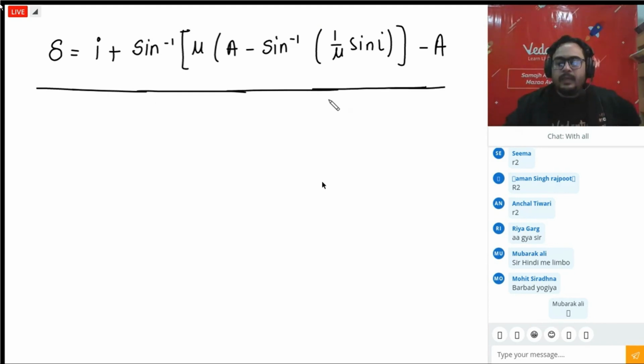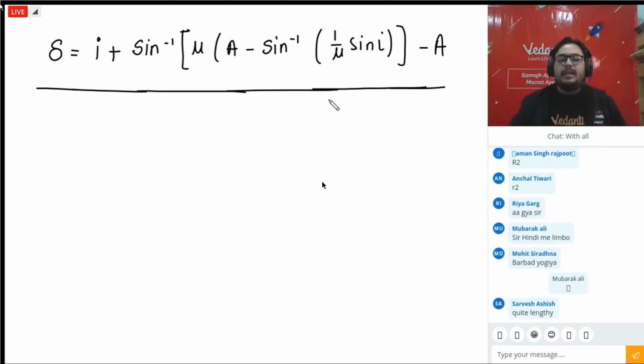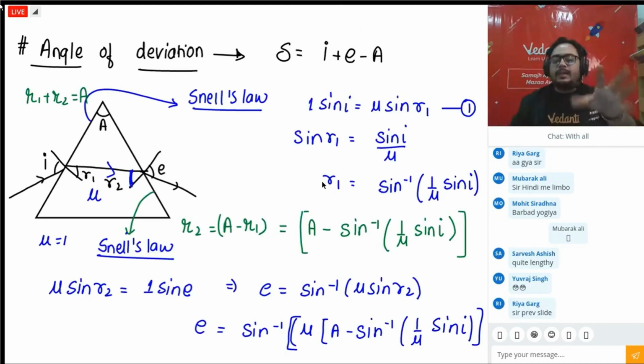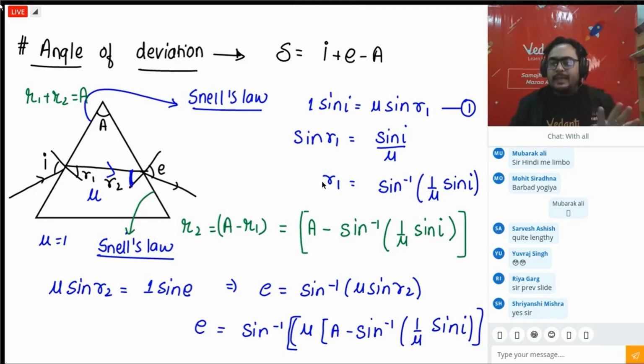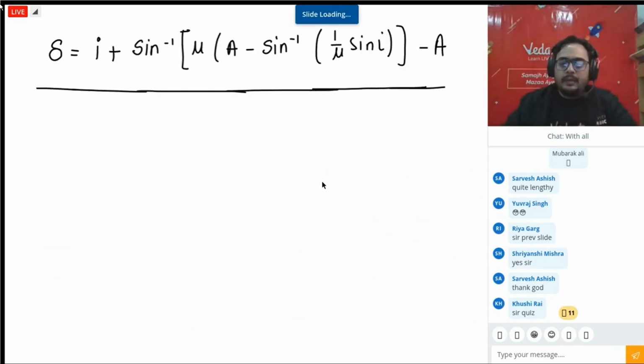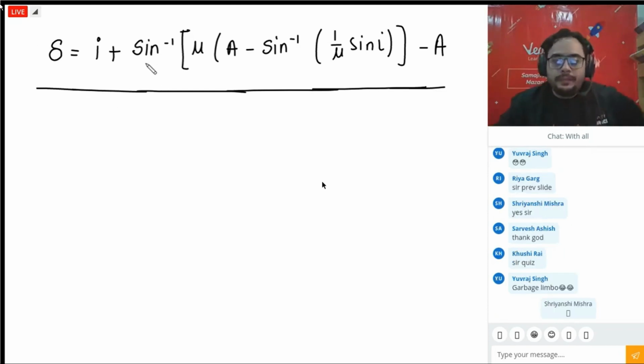तो मुबारक जी, इसको याद नहीं रखना है. ओके, इसको याद नहीं रखना है बेटा. I have just put the values, इधर उधर की E की वैल्यू निकाली मैंने वेरिएबल के टर्म्स में. That is why it is so looking so bad. इतनी गंदी इसलिए लग रही है, मैंने सिर्फ 2 बार रिफ्रैक्शन करा के E की वैल्यू निकाली है. Thank you for the advice खुशी. Okay, so delta is this in terms of I.